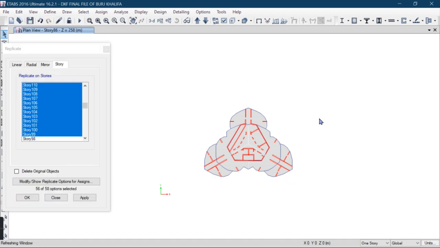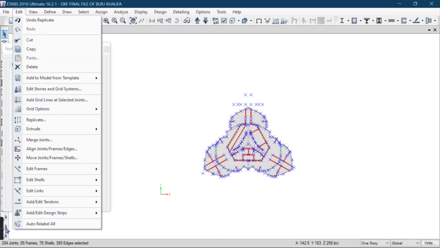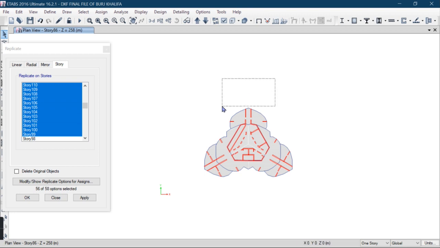Delete these joints, and after that these joints are also remaining here, so delete them, and 99 to 110. It is again showing it.